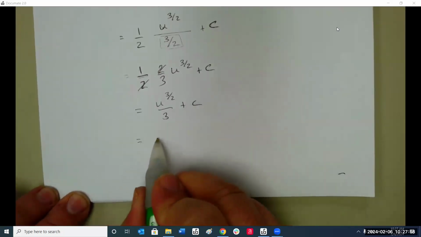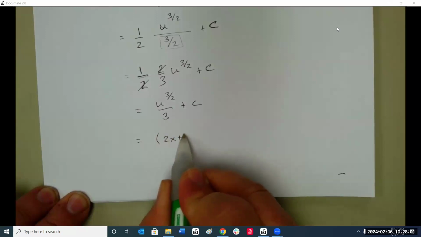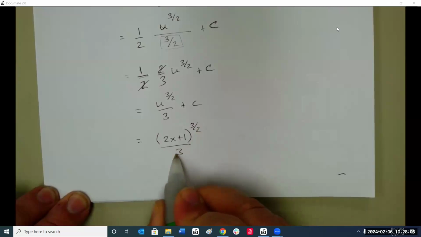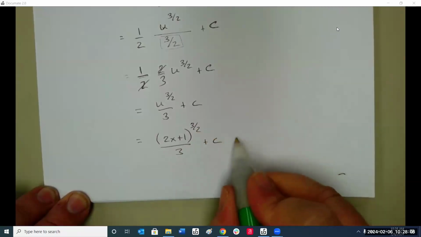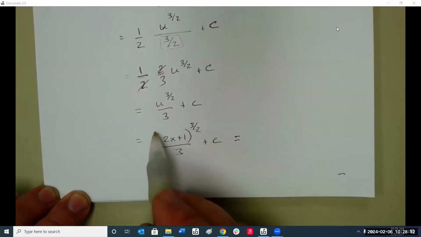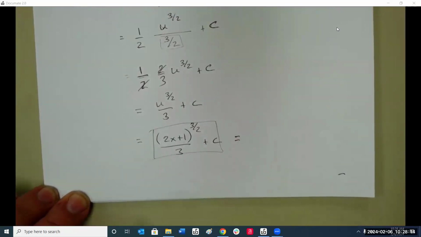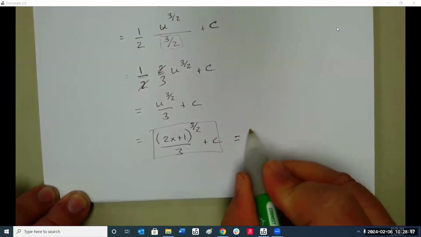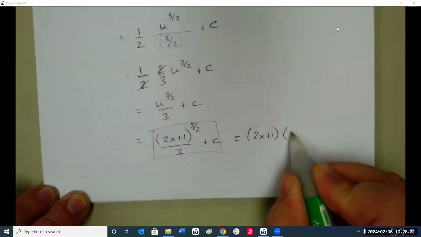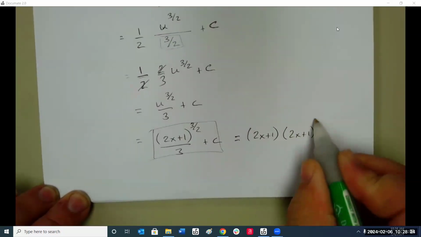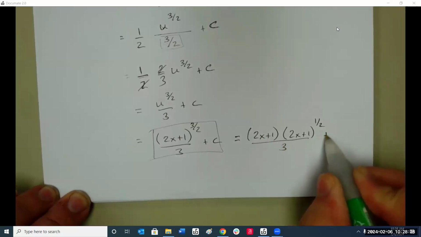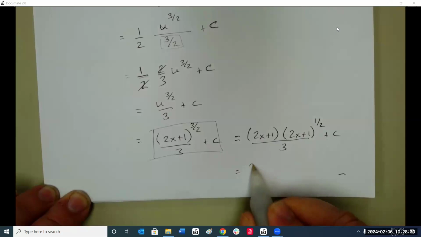Put those back. We have (2x plus 1) and this can be simplified. Well, we could leave it like this, or we know we can simplify it like this, which becomes